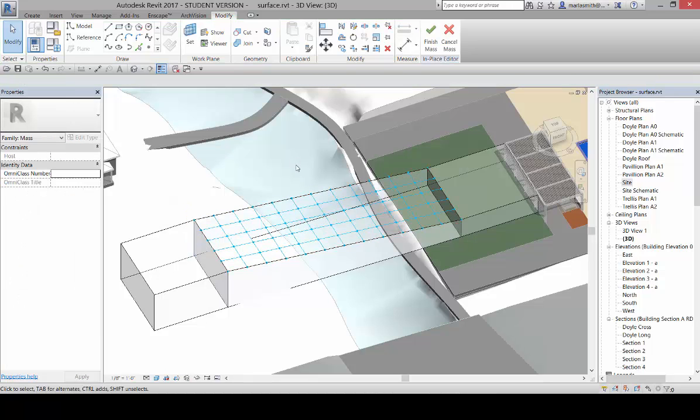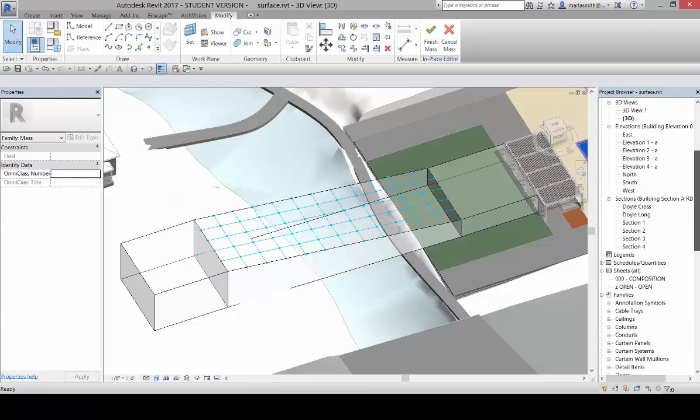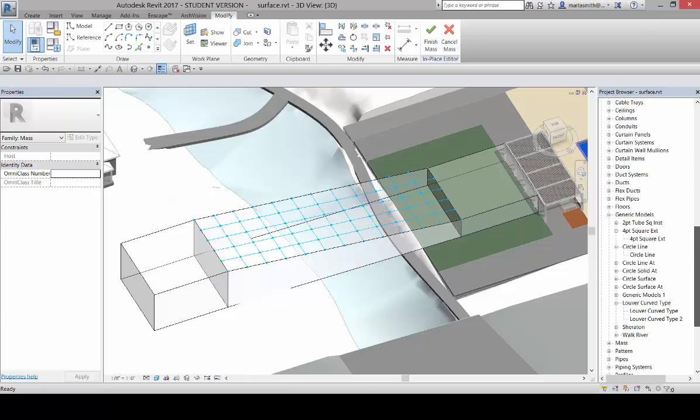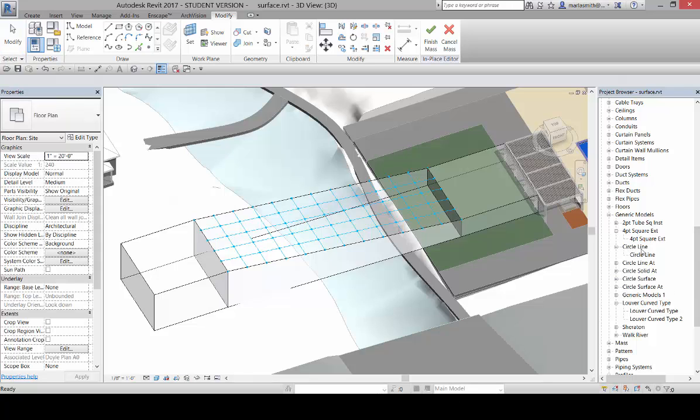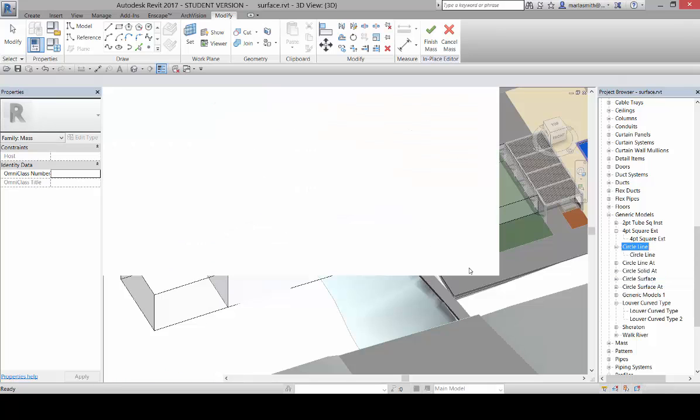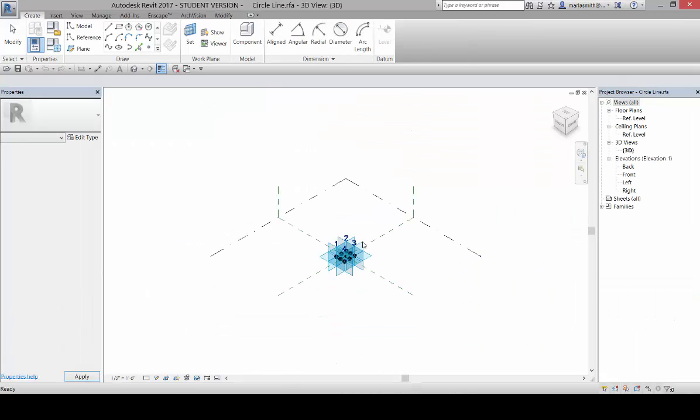Now what I'm asking you guys to do is to create line versions to test with, and then come back and either create surfaced versions or solid versions. So if I come down to my families, you'll see that I have these circle lines. There's a circle line one, and then there's a circle line attractor. So the first thing I'm going to do is just put my circle line in, and if we edit this and look at it, it's just a very simple